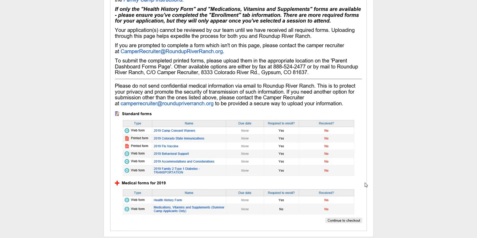But then on top of that, you have the same forms that you would as an adult here with the waivers and the transportation form, but then also behavioral support and accommodations and considerations, just because, again, we want to make sure that campus is a successful place for everybody who comes here. And so we want to make sure that if your child needs any specific things at the challenge course or at any of our activity areas, we can do that to make it a successful time for them. We just want to make sure we know all that information. So you'll fill out those forms and then continue to check out